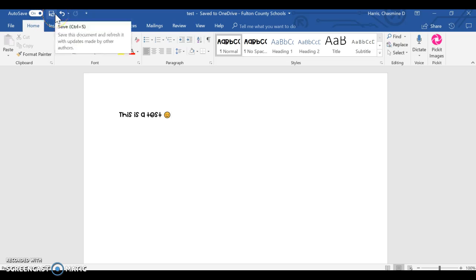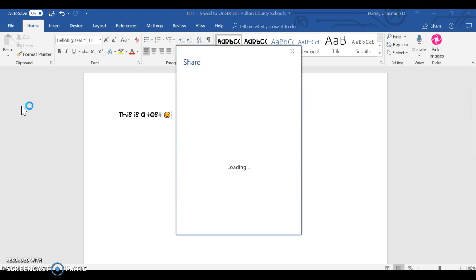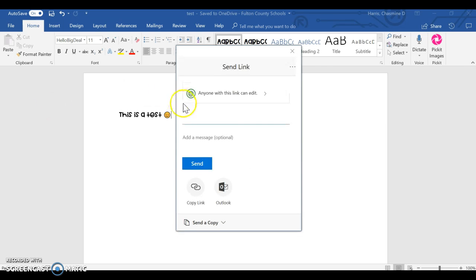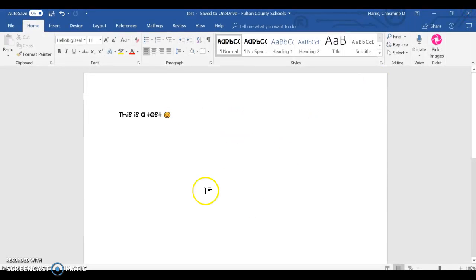Now I also am a little paranoid, so I still always click the save button just to make sure that I have saved it and it makes me feel better. Now say I want to share this with a coworker or a colleague. You're going to go to File and click Share, and you're going to get this nice little screen. You can type emails in this box and they'll send them a link. However, unless you know their email or you email them a lot, it's going to pull up everybody in Fulton County. So I click Outlook to open, and you can get a link that they can open online, or when